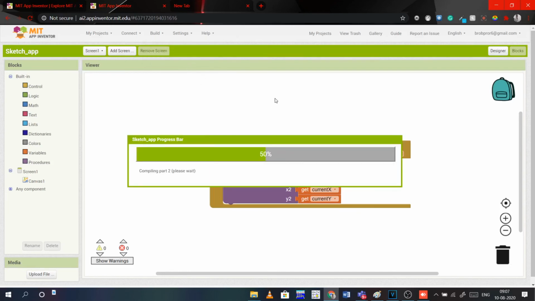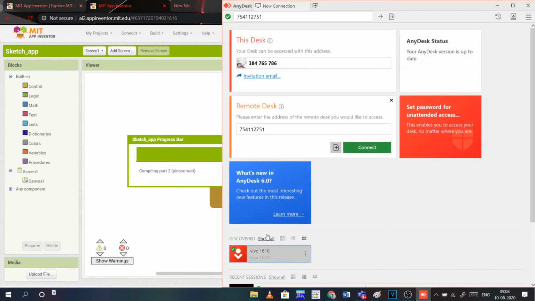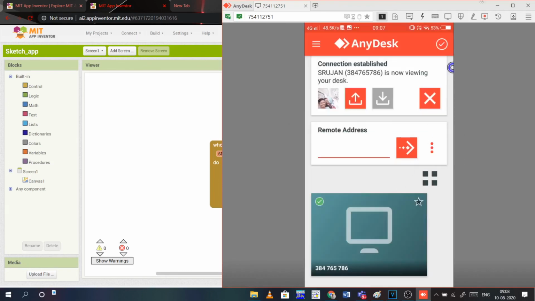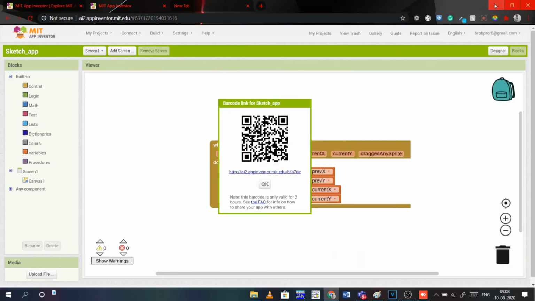You will get loading. Here the QR code has appeared.